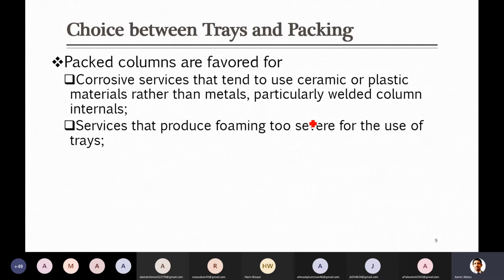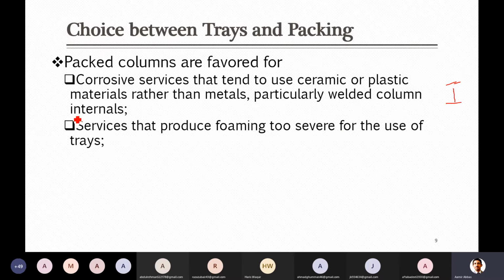If some liquid droplets are being carried away with the vapor, they will just drop down and the vapor will leave towards the top plate. So if there is foam formation, and foam starts from one plate and reaches the surface of the second plate, there will be no disengagement section, and it will definitely disturb the vapor-liquid contact and the mass transfer, because there will be no distribution between vapor and liquid above one plate up to the next. If the whole surface is covered with foam, there is no better mass transfer. In that case, it is not good to go with the tray column.